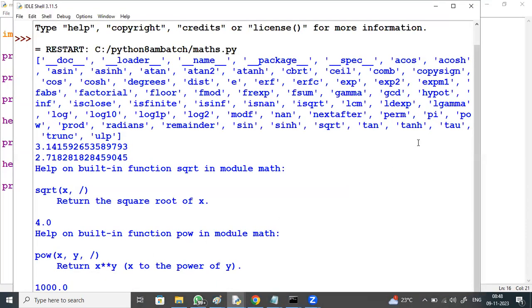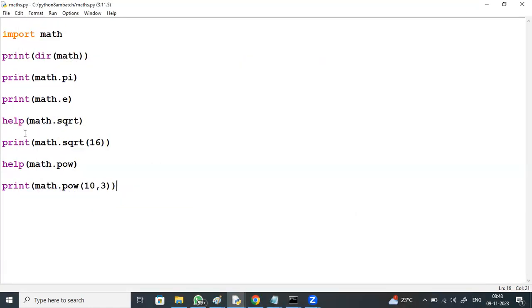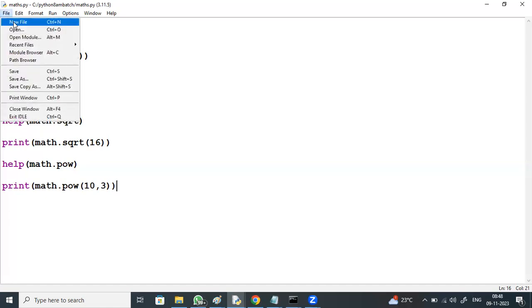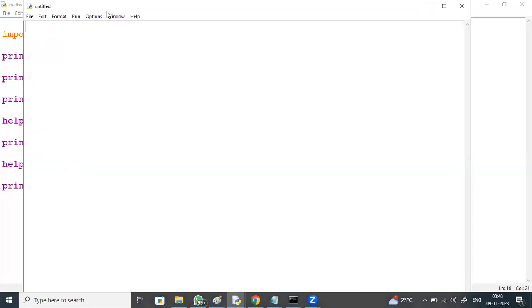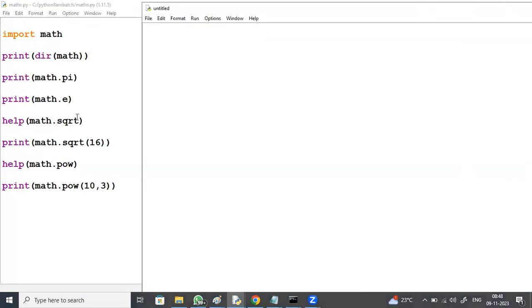In this way, we can work with a module like math. So we can get the help on a particular functionality, not only for this, for any module, the same process. Do you see any complex word here in this program code? Math.pi, math.e, math.sqrt, math.pow. No complex words here. Simple, looks like normal English statements. No need of all the unnecessary statements like semicolons, curly brackets, all those, right?